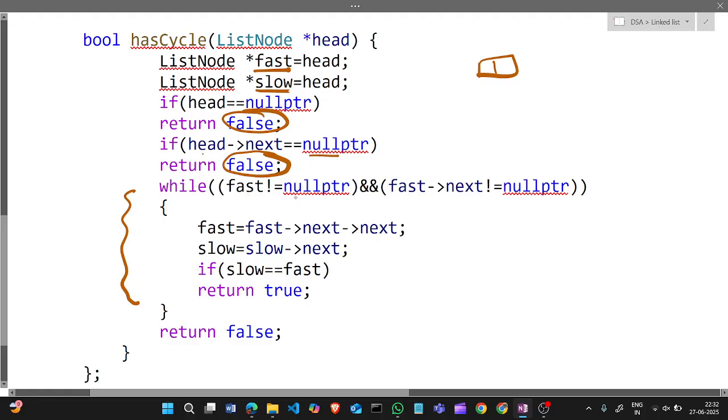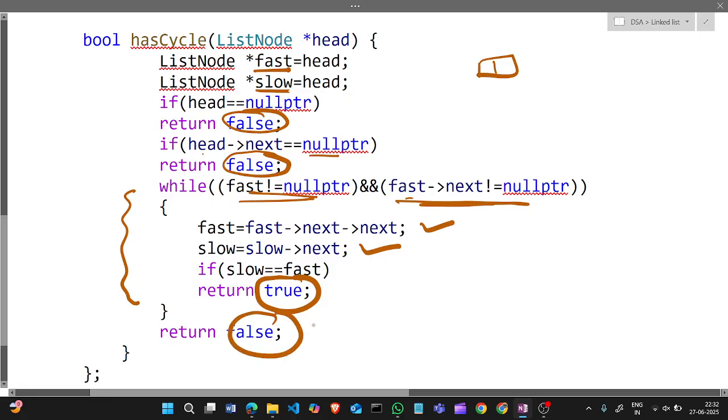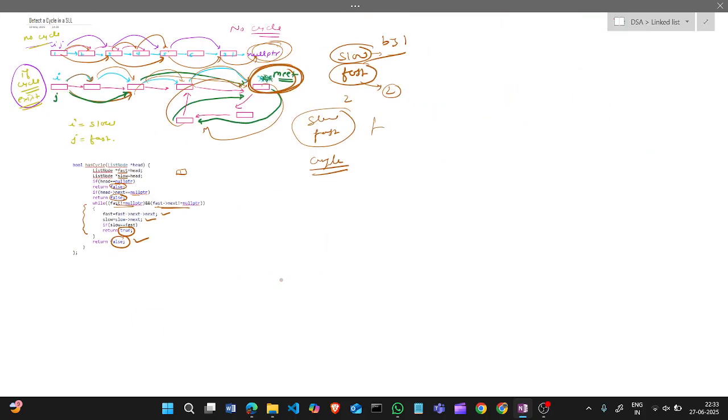If fast is not null and fast next is not null, then fast we will increment by 2, slow will increment by 1. If slow and fast become equal, then there is some cycle. Otherwise, if any condition from this and this is false, then we will return false. Okay, so in this way we can find the cycle in a single linked list.